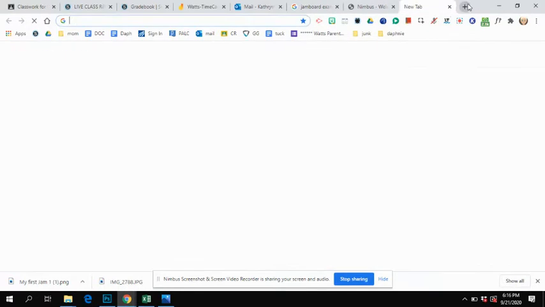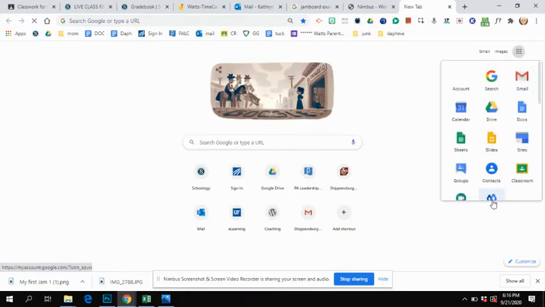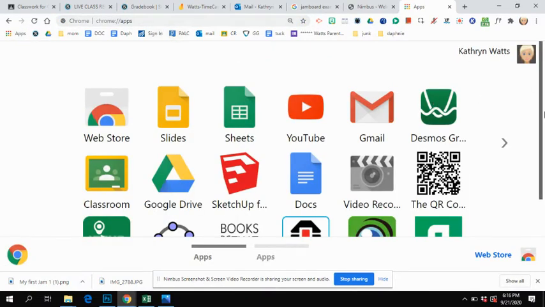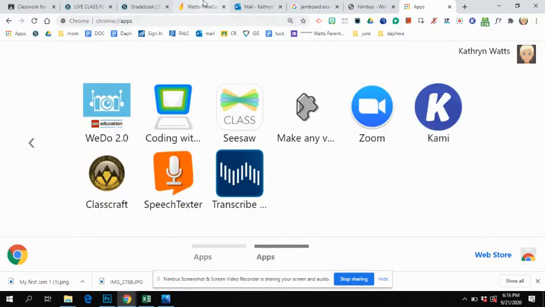Well, since it's a Google product, when you're in Google or up here on your toolbar, whichever place you want to look, Jamboard is one of your little Google apps. So you can either go to the menu here, you can type in Jamboard, whatever have you. But Jamboard will be one of the apps that you have access to. You just type it into your Omnibox if it doesn't come up right away. I'm not seeing it as something I frequently use, so I'm simply going to type in Jamboard